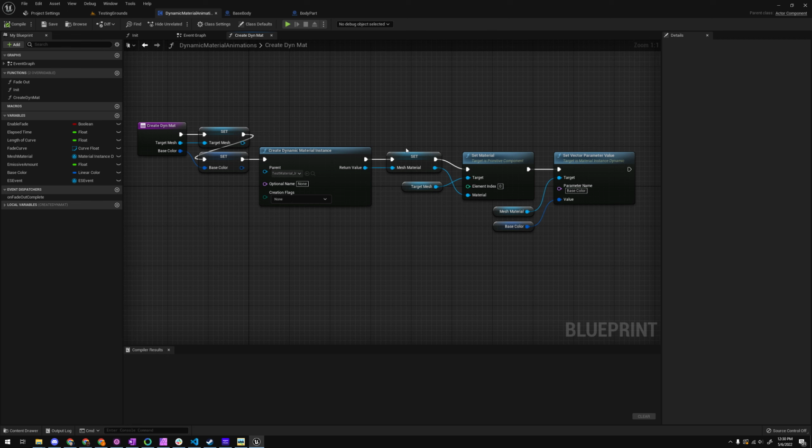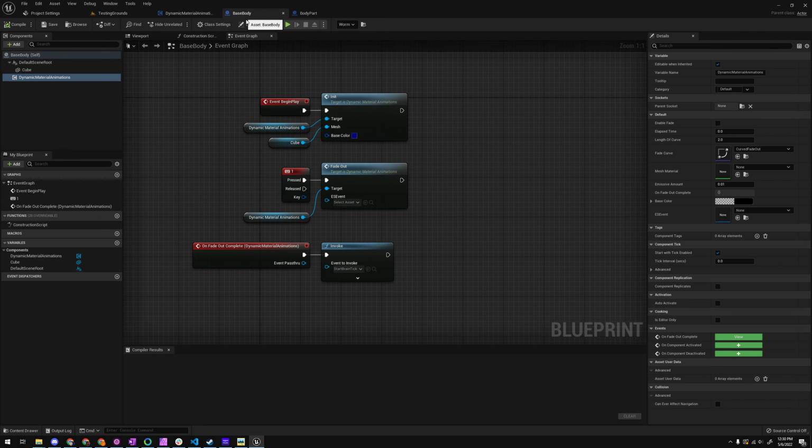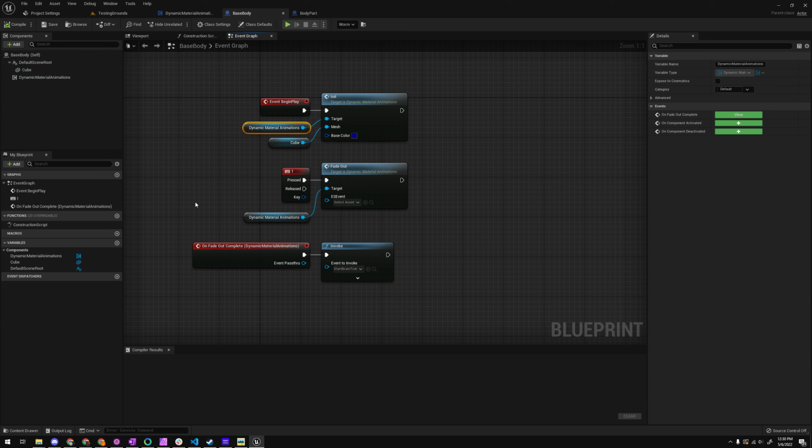So now that you've initted, it's all ready to go. If you ever set the flag inside of this component to true, it'll run through its event graph and process the animation. And then when it's done, it'll fire an event so that you know it's done, and then you can do stuff at the end of that. And it has all these values stored inside of it, so I don't have to care about it on the outside. So if we go to the base body, you'll see that I just have this dynamic material animation. I initialize, I give it a color, a mesh, which is here. And when I press 1, I process the fade out. And then when it's done,